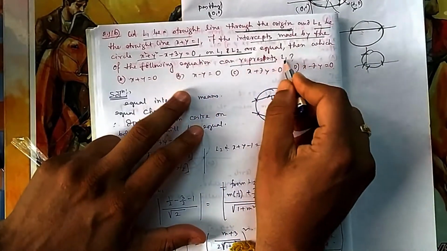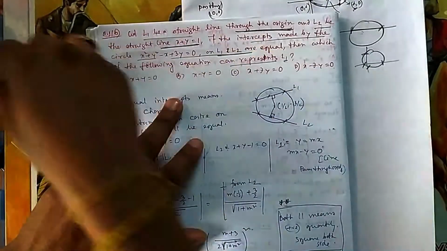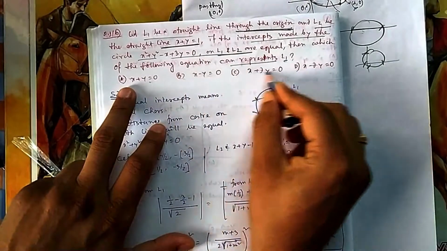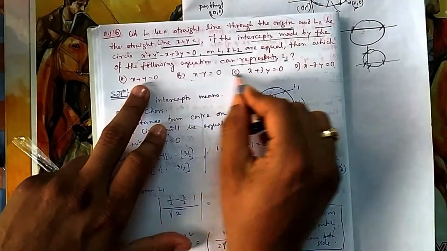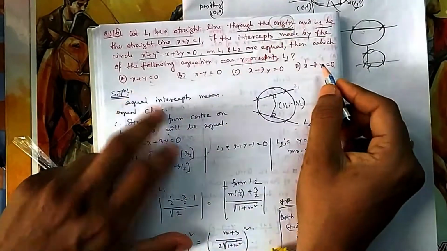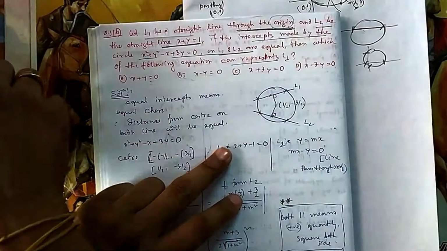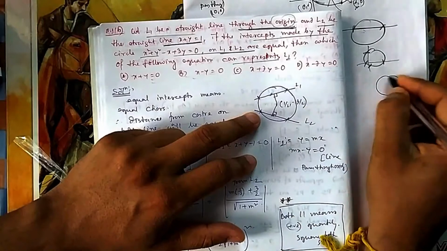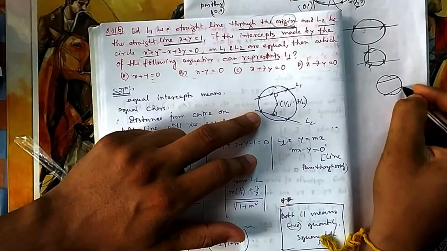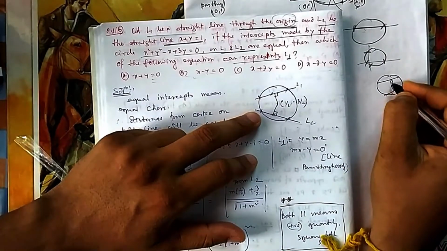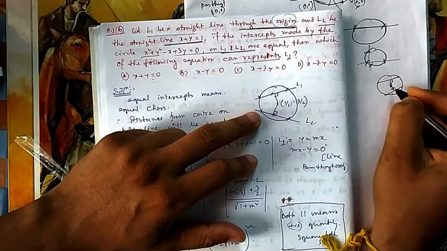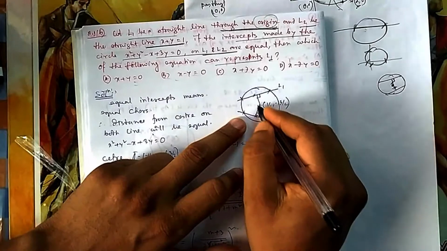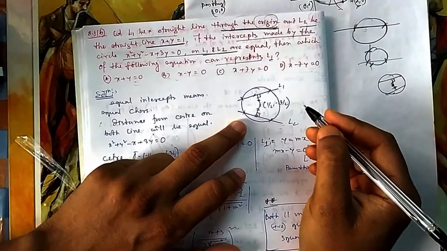can represent the equation of L1? What can L1 be out of these? It should be y equal to mx, that is passing through origin. All options are y equal to mx, with no constant term because it is passing through origin. Now one thing: because they are of equal length, what theorem comes to your mind? If chords are of equal length, then they have to be at equal distance from the center. That's what you have studied in class 10. So if two equal chords are at equal distance, this distance has to be the same.